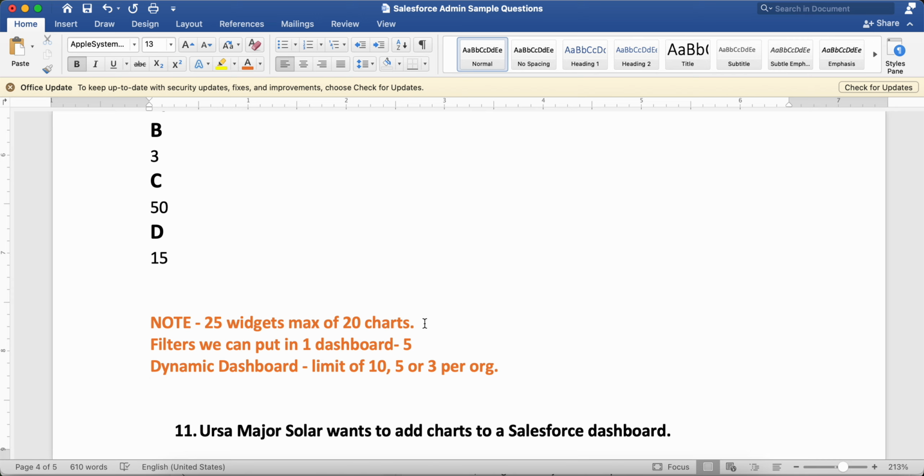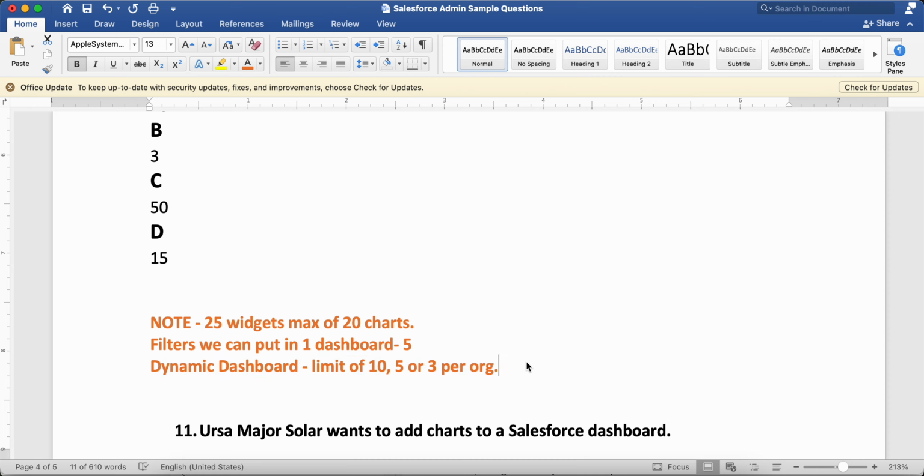Now also if they ask about filters, suppose this question is not for the components and it is for the filters, then we can have 5 filters. We can put 5 filters in one dashboard. And then they have dynamic dashboards. The dynamic dashboards limit is either 10 or 5 or 3 per org.